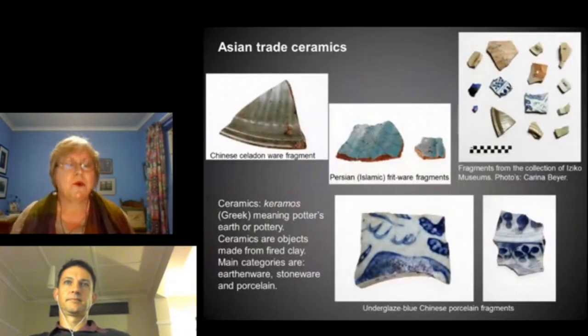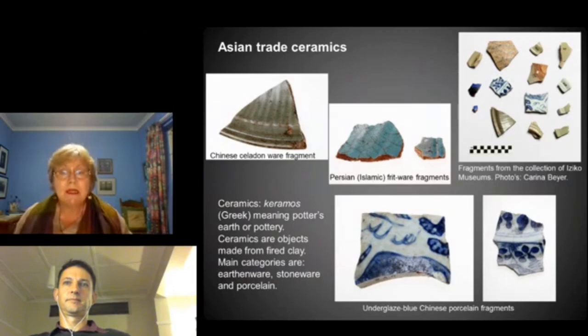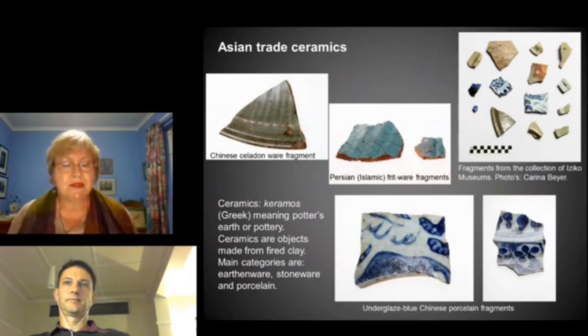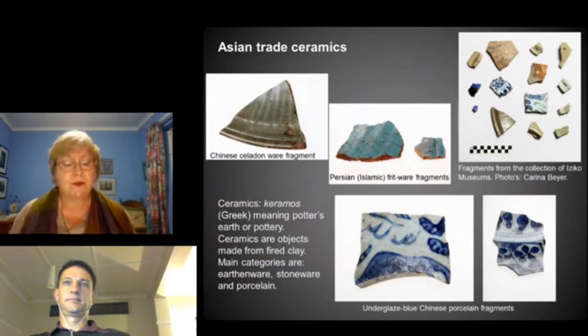Asian trade ceramics, of course, arrived before colonial times, and I've selected a few shards from the Izika collection. They were collected in the Zimbabwe area. They were not scientifically excavated, but we have them in our collection. They arrived in the collection in the late 19th century. There is the Chinese Celadon fragment, Persian ceramic fragments, and underglaze blue porcelain fragments from the Yuan to the